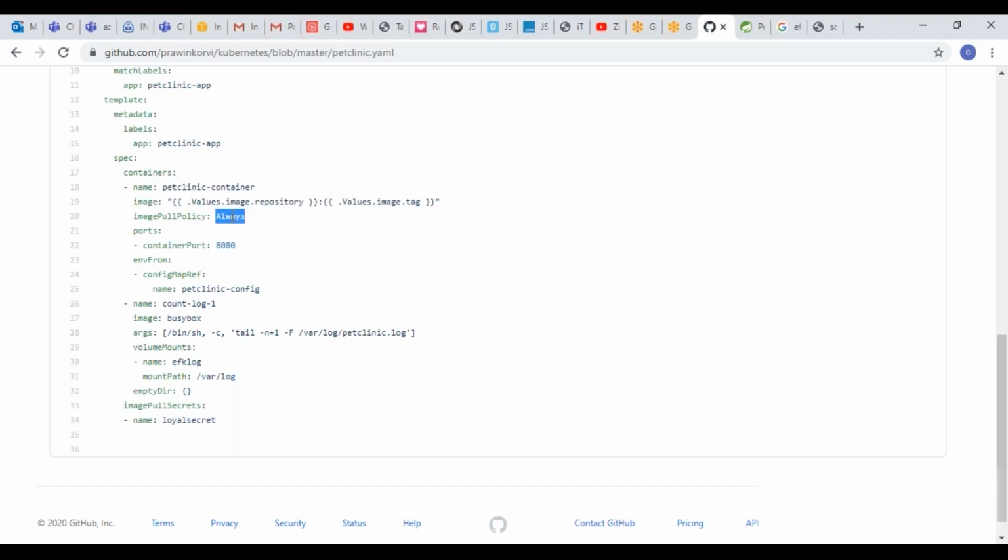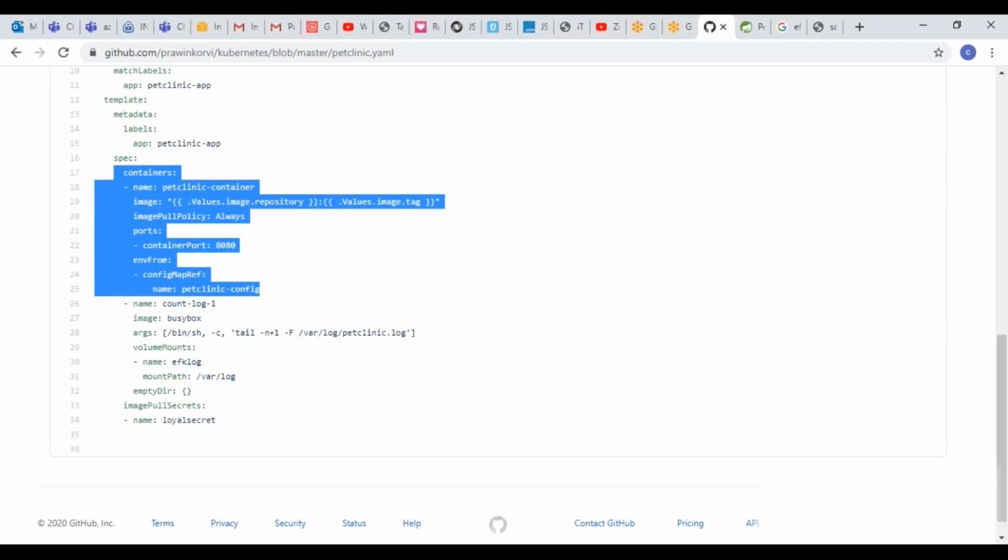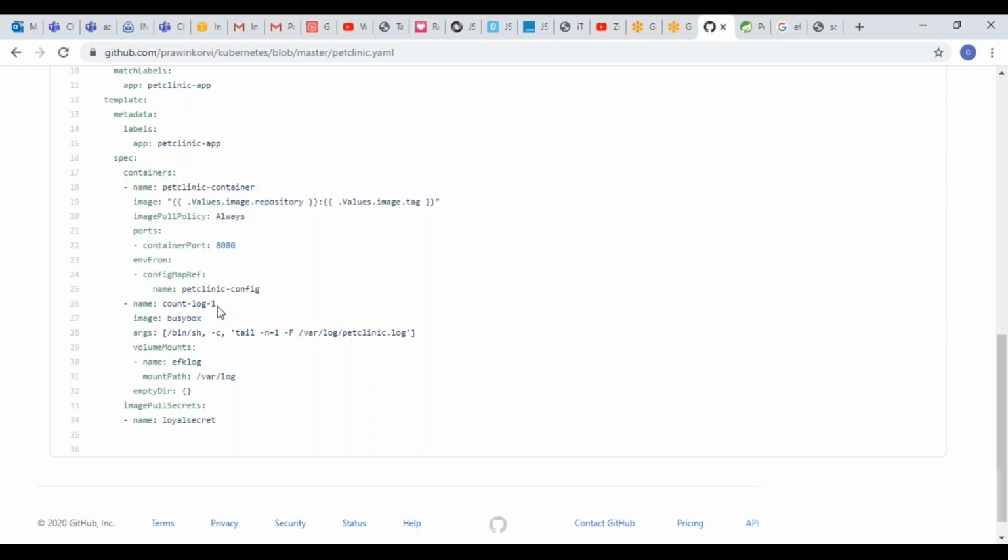Image pull policy means we can use IfNotPresent or Always. IfNotPresent means if the image is already present, it will not pull from Docker Hub. Always means it always tries to pull from Docker Hub. And the inside application port configured at the application level is what we configure here. Okay, till here. And again, in the same spec, the name is count-log-1, which is another